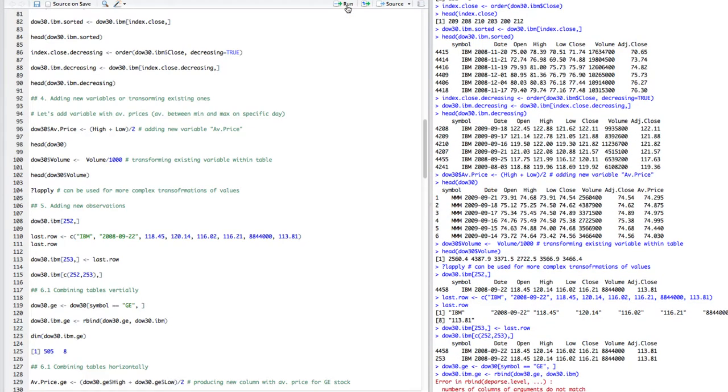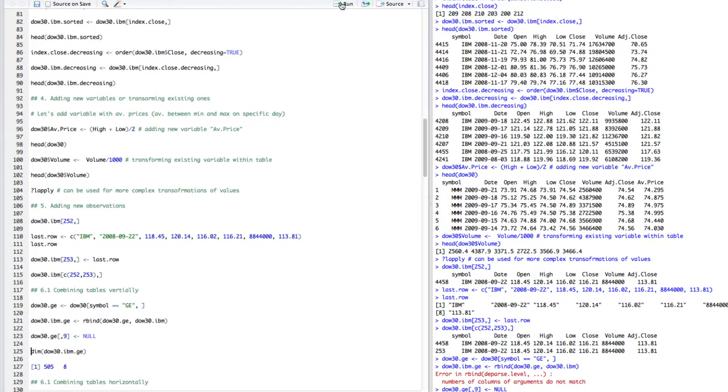do30.ibm.ge. And we have an error here, which is probably because there is a different number of columns in those two tables, and that's because we added a new column to the original data set, and then we derived the second table. So we should remove column number 9, and a very easy way to do it is just to type this table name and then say all rows, column number 9, and we want to assign the value NULL, which means we just want to remove it. And now let's try to run it once again,